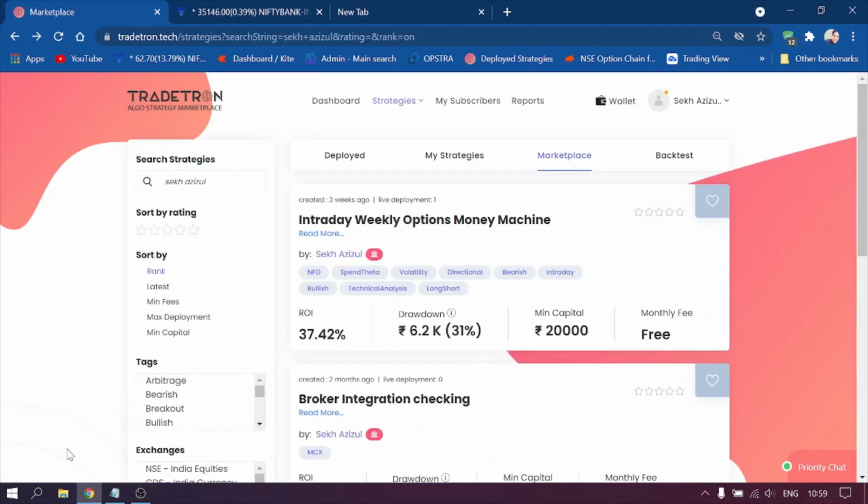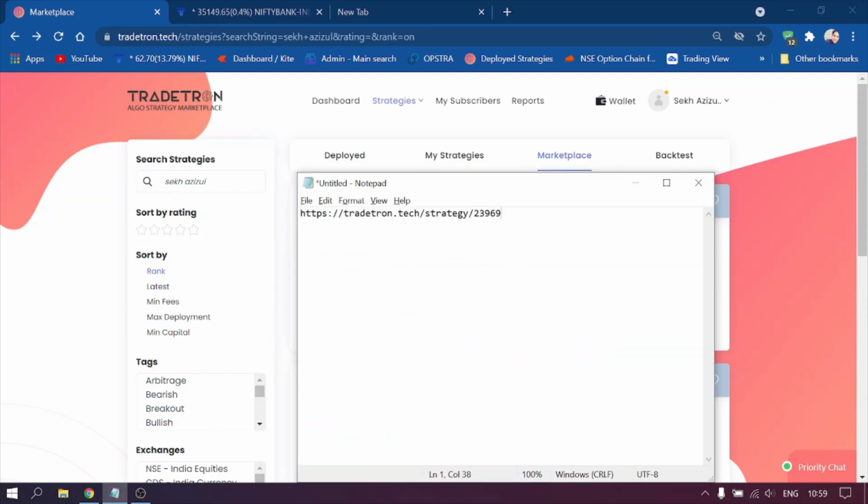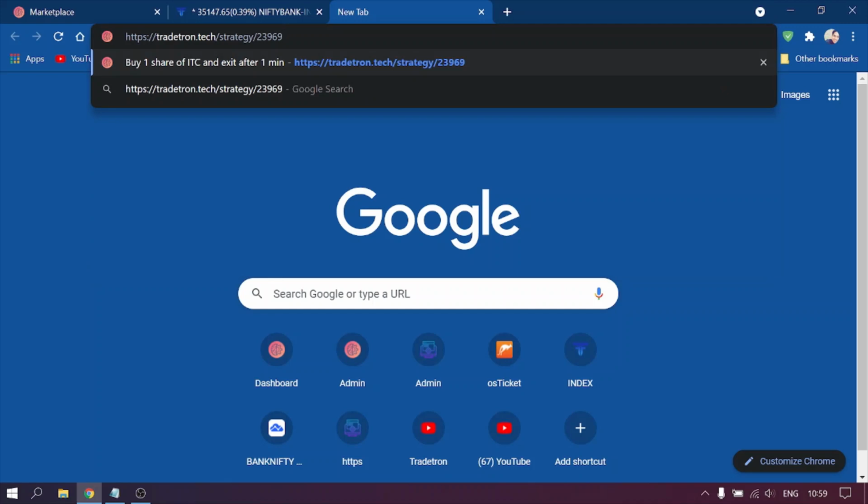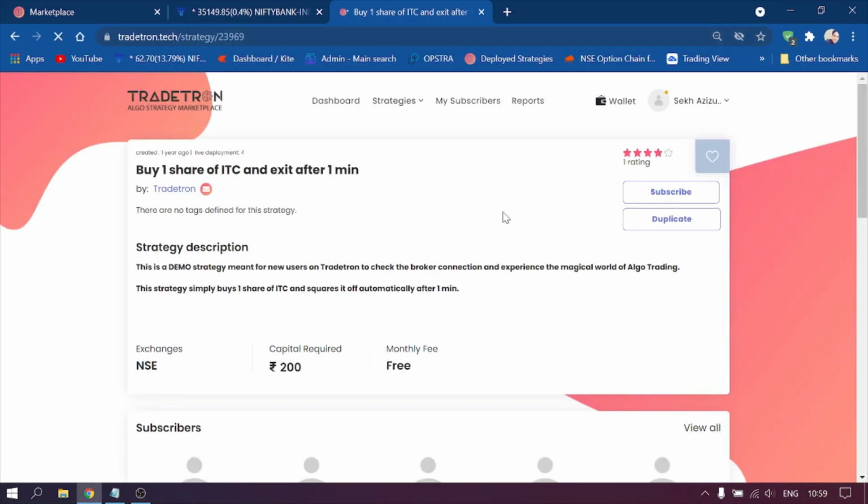After creating the token, we can check that our broker is successfully integrated or not. For that, we can use a test strategy. I will provide the link for the strategy in the description. You can copy the link and paste it on your URL tab, and then duplicate this strategy. It will buy 1 unit of ITC and then sell it automatically. So use that, first duplicate it,